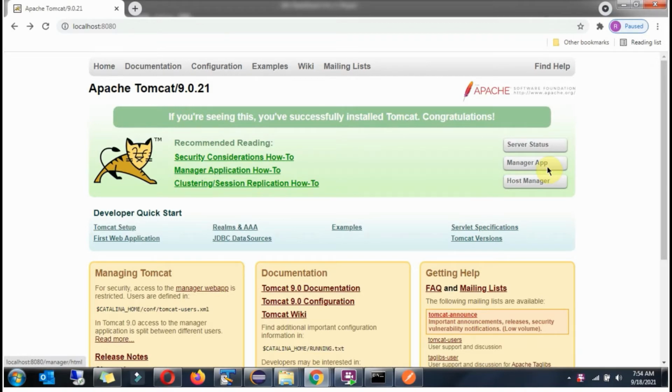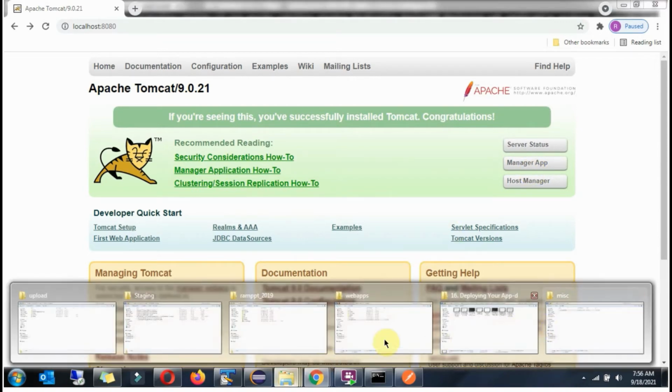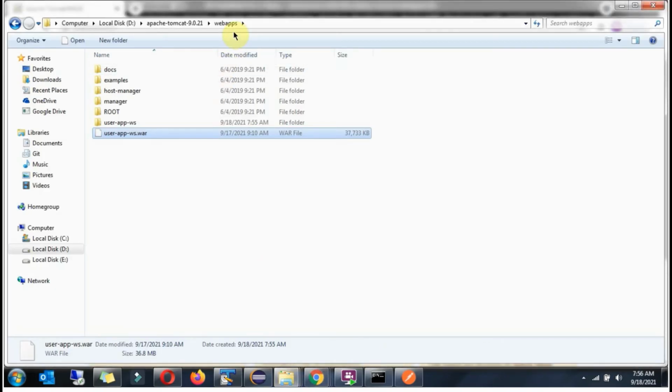Next we will see how to deploy the WAR file using the manager app option. Before that, go to the webapps folder and delete this WAR file. Also, when we start the Tomcat server with the same name, this folder is created. That also we have to delete.